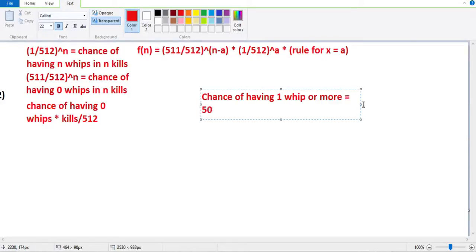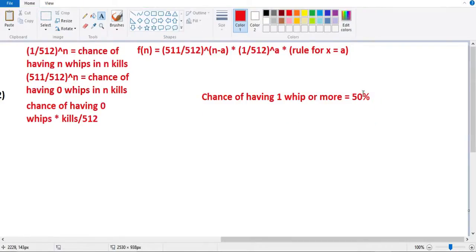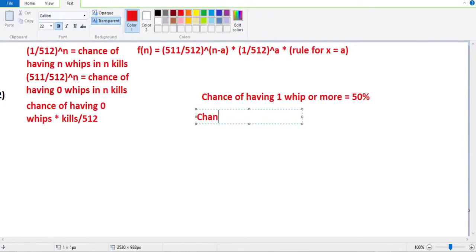So you want to find when my chance of having one whip or more is equal to 50%. People were telling me 512 kills. They were saying after 512 kills you would have a 50% chance of having one whip because it's 1 in 512. But since we can say that the chance of having one whip or more plus the probability